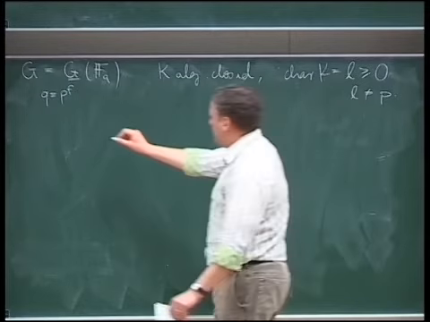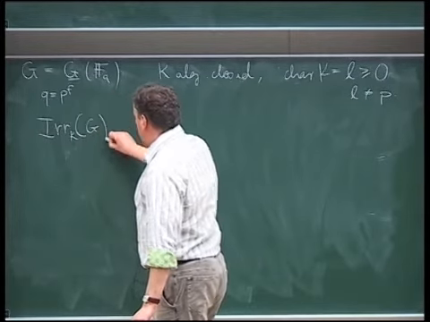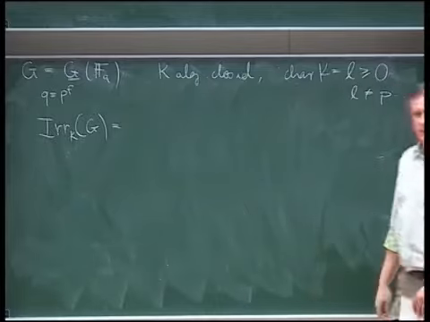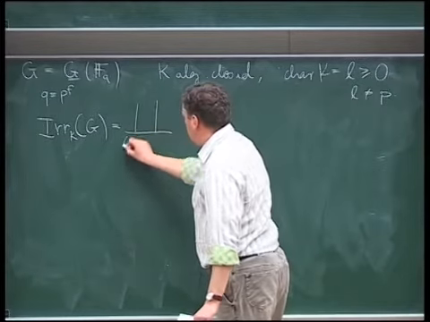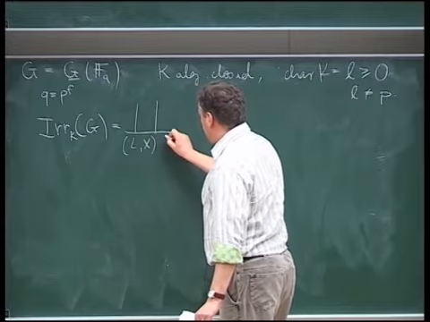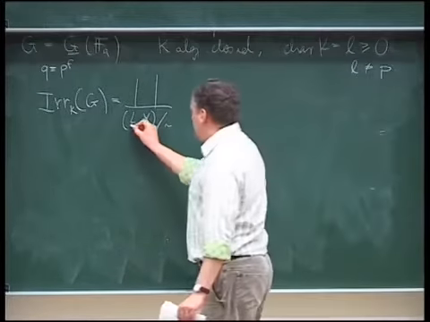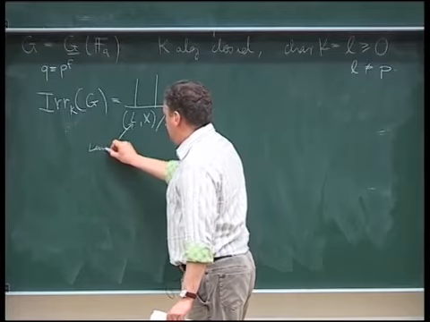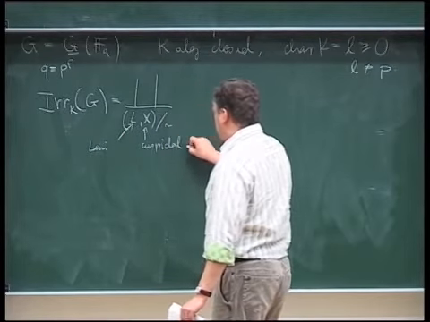And we saw that the set of irreducible representations of G could be partitioned into pieces and indexed by such pairs where L is a Levi subgroup, X was a cuspidal representation of L,